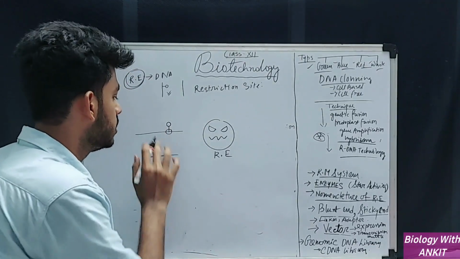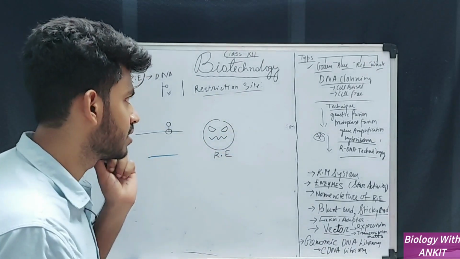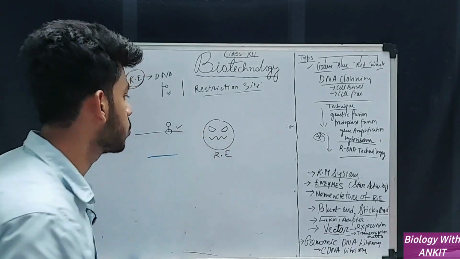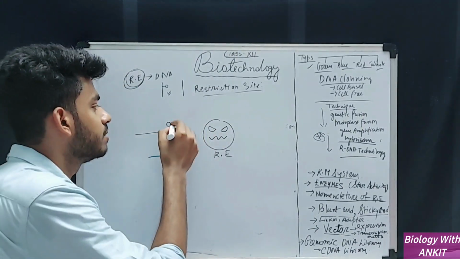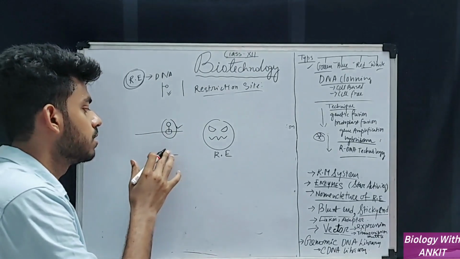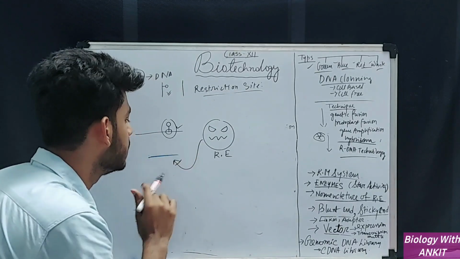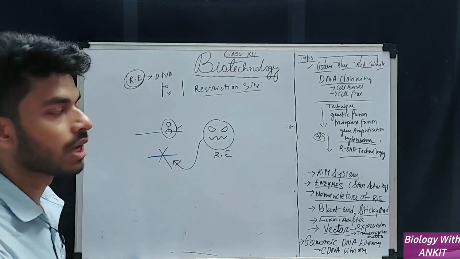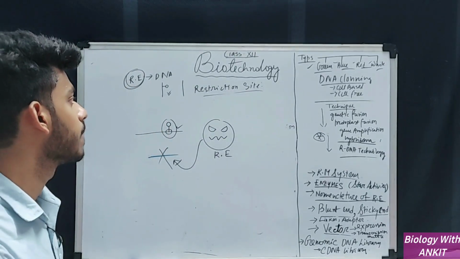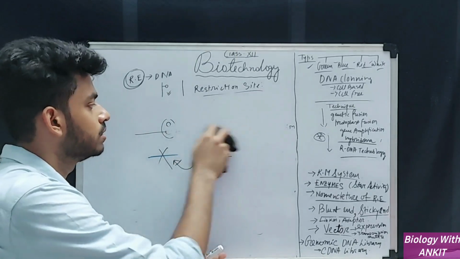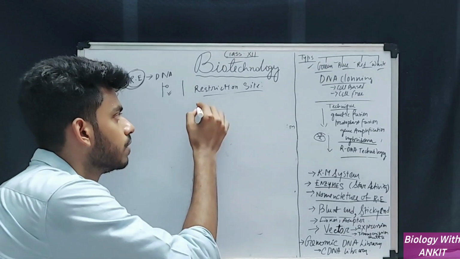Meaning both genomes contain the restriction sites. Both genomes may contain the restriction site. So if the restriction site is present in its own genome, then it has a probability of cutting its own DNA. So it modifies its own DNA and leaves the viral DNA unmodified. Now the monster comes, identifies the unmodified DNA and chops it off, and thus protects the bacteria from bacteriophage attacks. When scientists found this enzyme, they were very happy for two reasons.